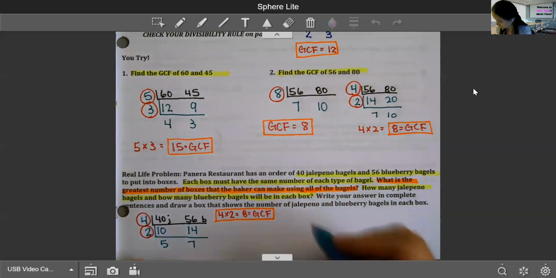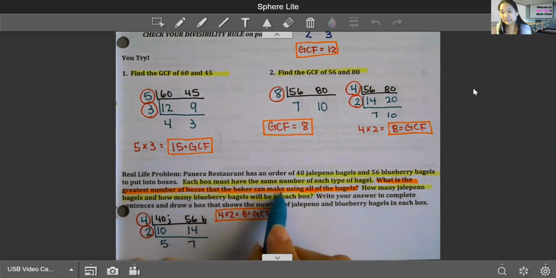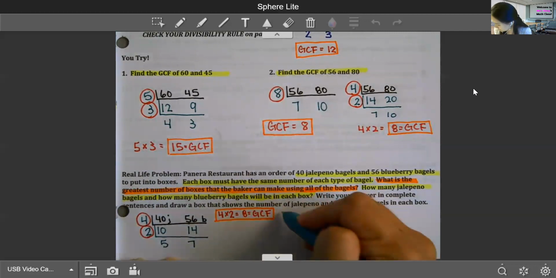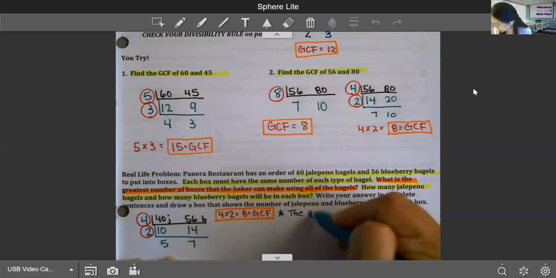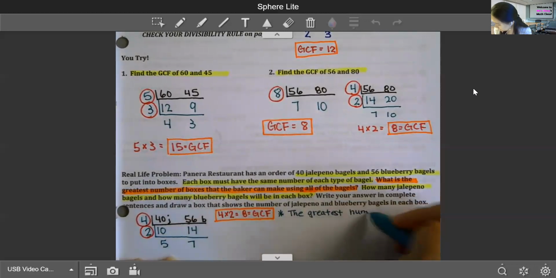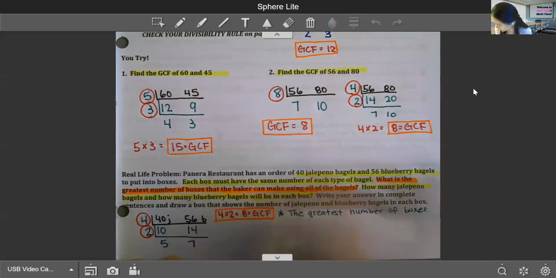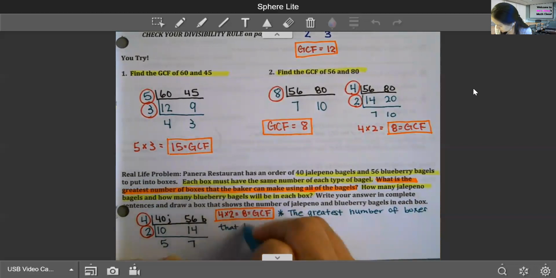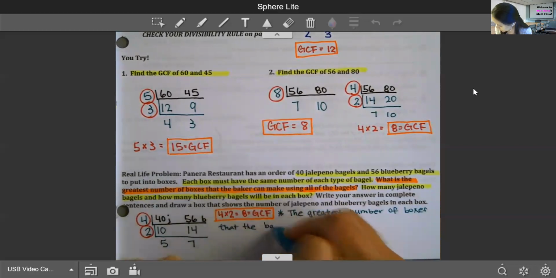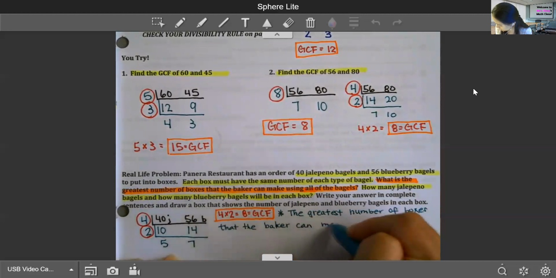The greatest number of boxes that the baker can make is